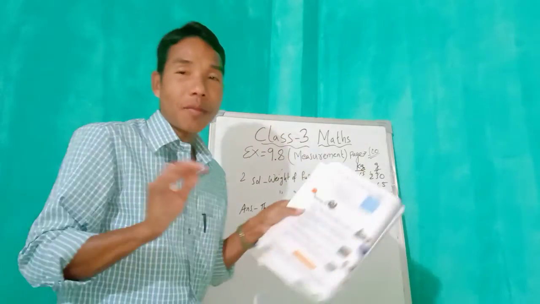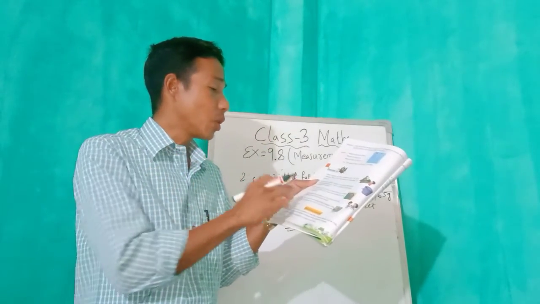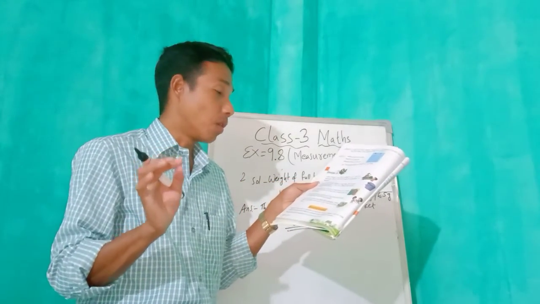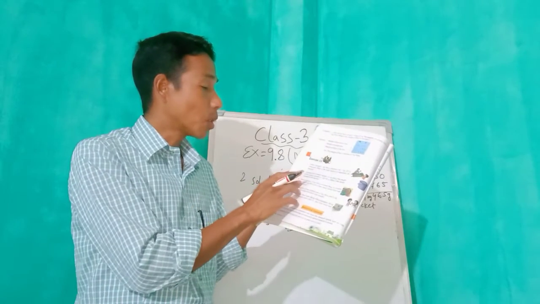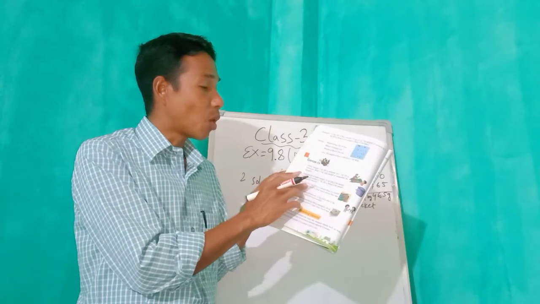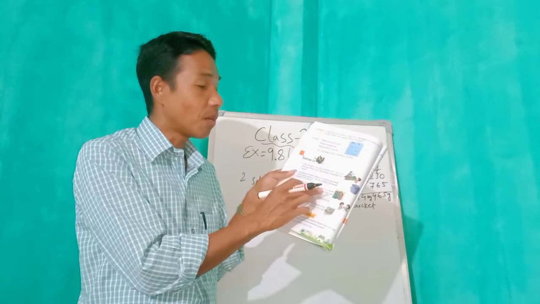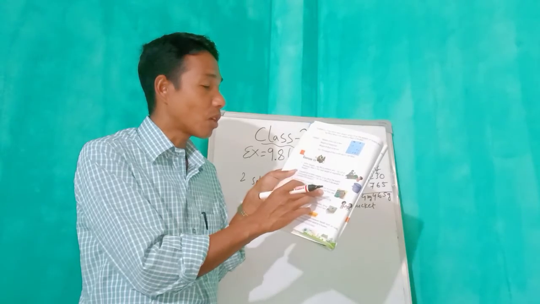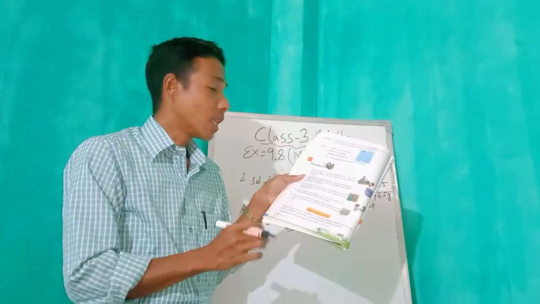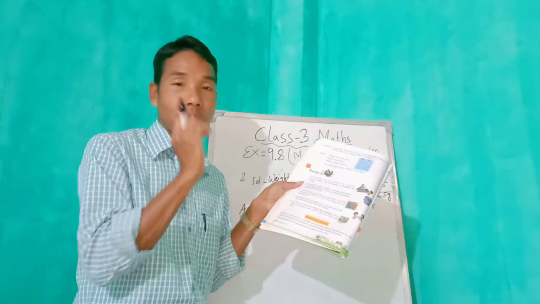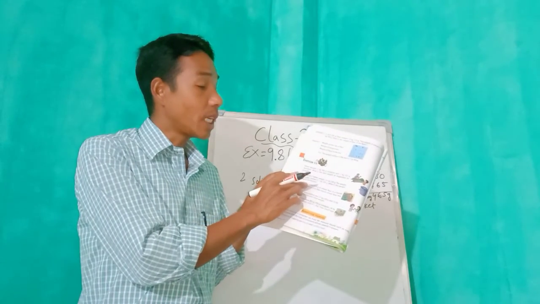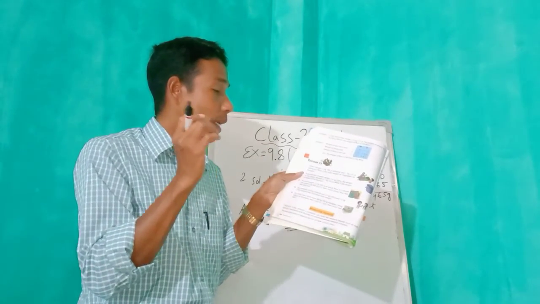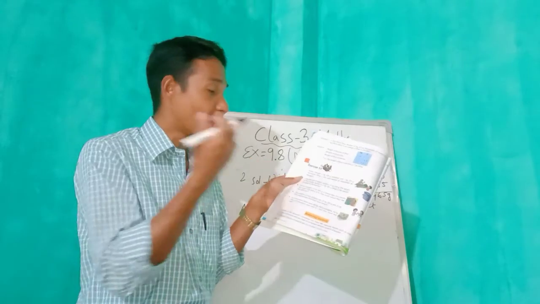So have you understood? Okay, so if you have understood, you try to do number 3, 4, 5 in your notebook at home. So this is your homework. In number 3, Parvati bought 12 kg 500 gram of wheat flour in a month. She used 9 kg 800 gram of it. How much wheat flour was left with her? That means we have to do subtraction. First you write 12 kg 500 gram, and then from there you subtract 9 kg 800 gram. Okay, and you will find the answer.